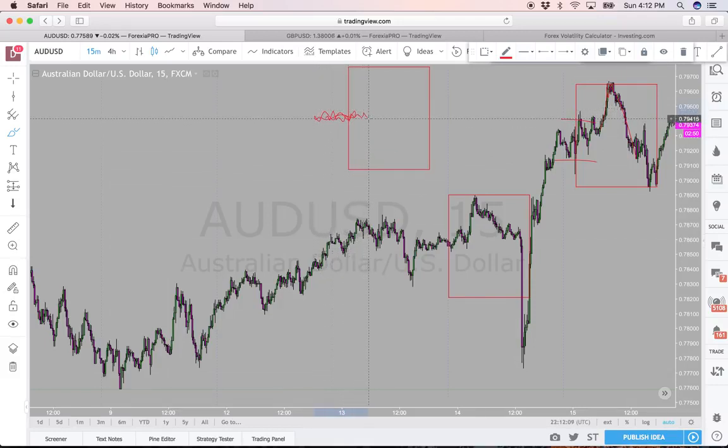And then come London session, the dealer will break out of this consolidation that he has made. Why is that? Because there are buy stops here and sell stops here, sell limits here and buy limits here of retail traders just waiting to catch that breakout or waiting to catch the continuation. So what he has to do is really catch them off guard. So he activates the buy stops and the sell stops and really just